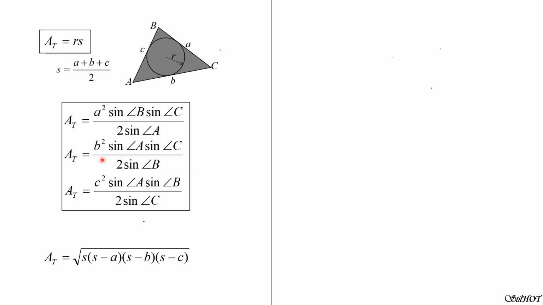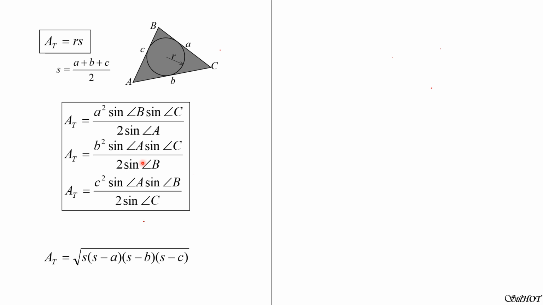And you can use the earlier 1/2 BC sine angle A, then express C in terms of B using the law of sines, and this formula can be derived. And you're just familiar with this. So this is the technique of memorizing this formula. You can also derive it on your own, although the derivation is in plane geometry.